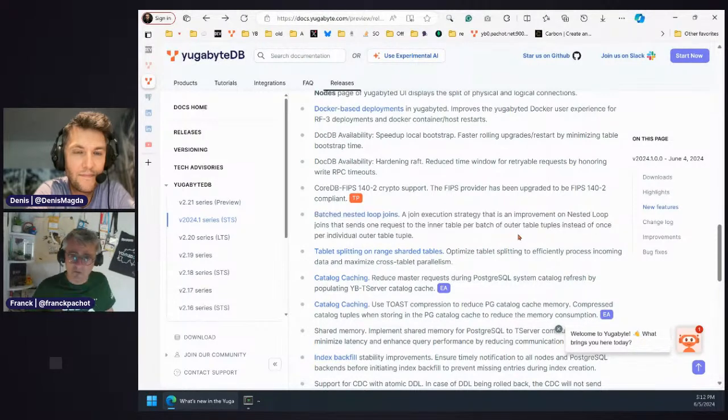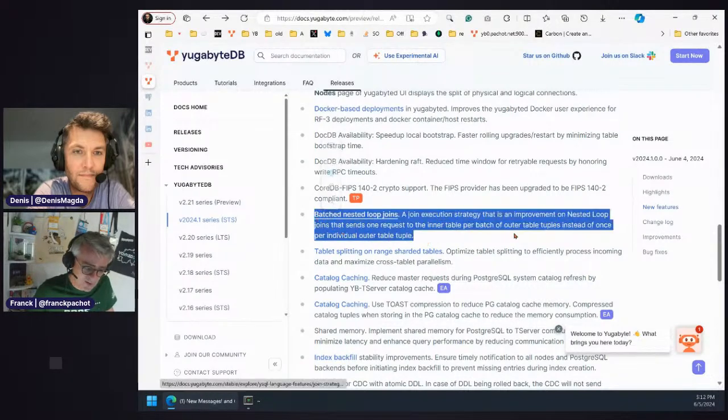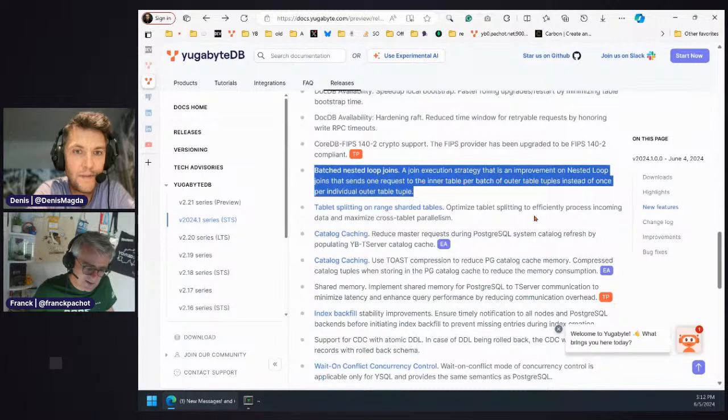And this is now there by default. So if you are running joins in your application, then you should see the difference. It's on by default right now because we introduced this feature in early access mode before. Basically you had to set the batch size and the default was 1, and now the default is higher.